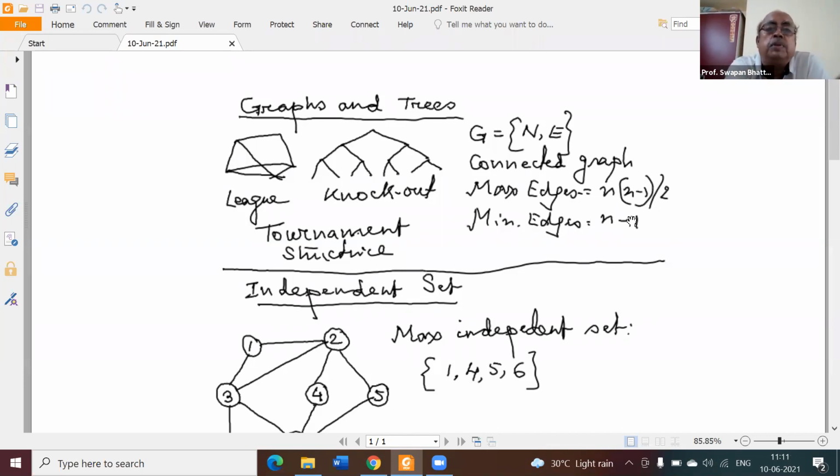But we have drawn one simple graph here. If there is a direct edge between every pair of nodes, then it is known as a complete graph. Okay. Now, if a graph is such that for any two nodes, there exists one and only one path,